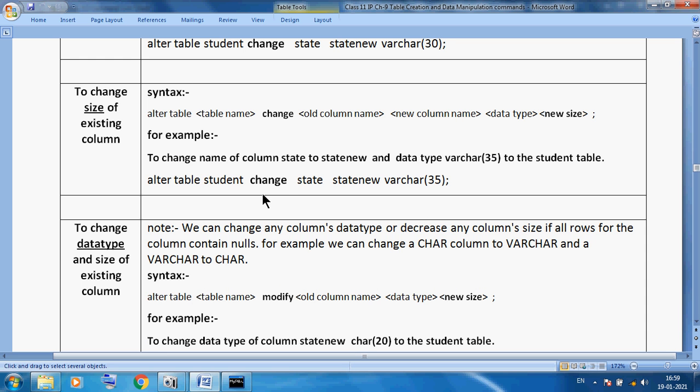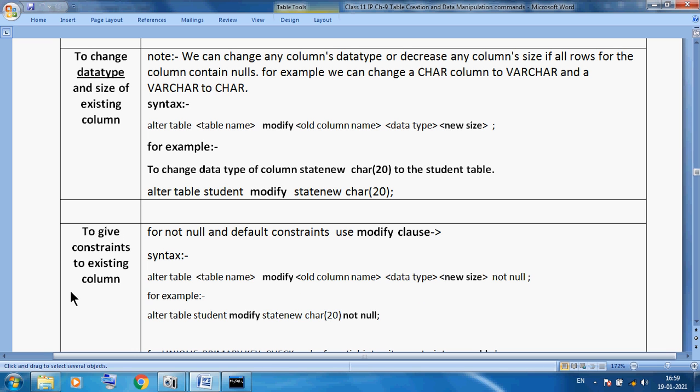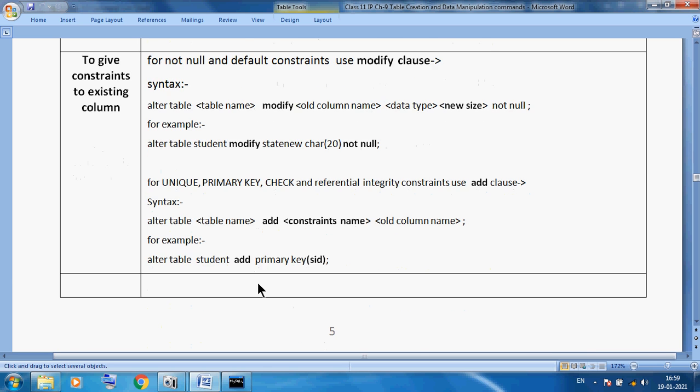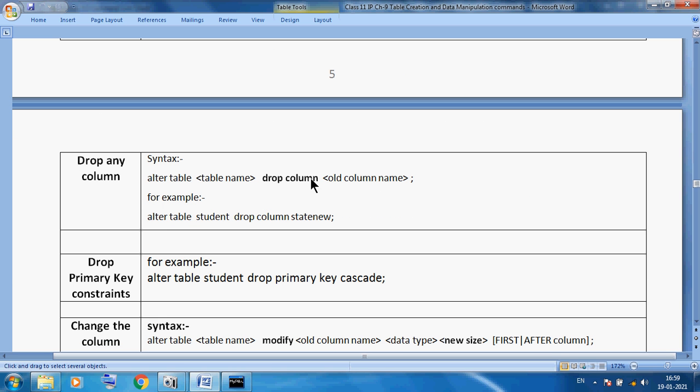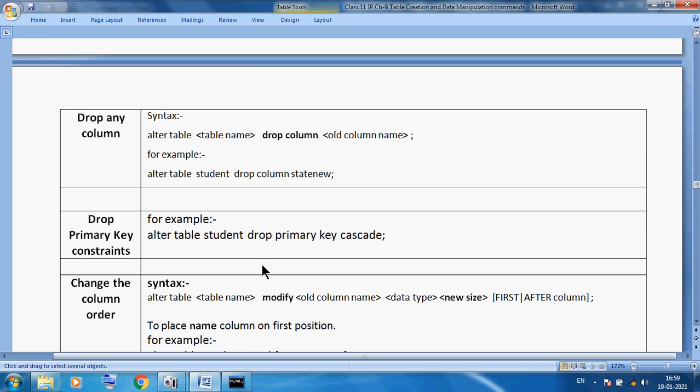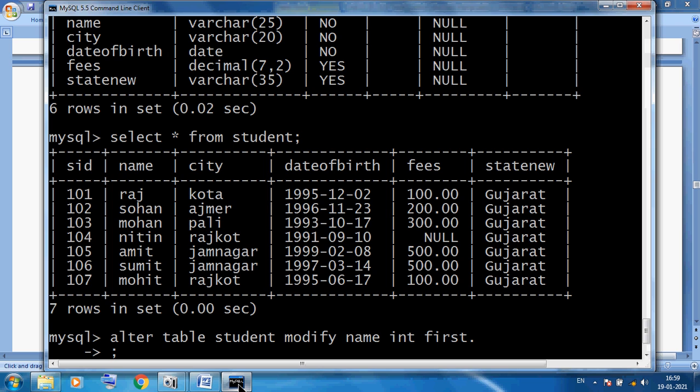With the change command, another option we can use is the modify command. We can also add constraints like not null and primary key with the help of the modify command. We can also drop any column directly. We can also drop the primary key constraint. We can also change the order of columns. So okay students, thank you so much.